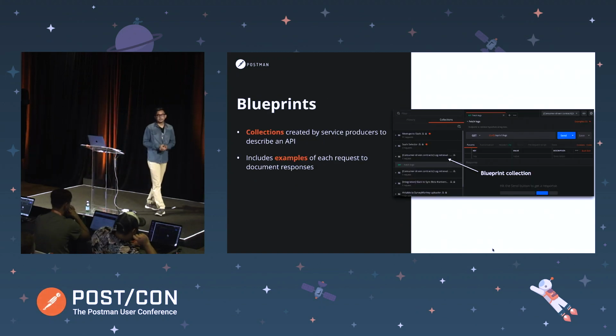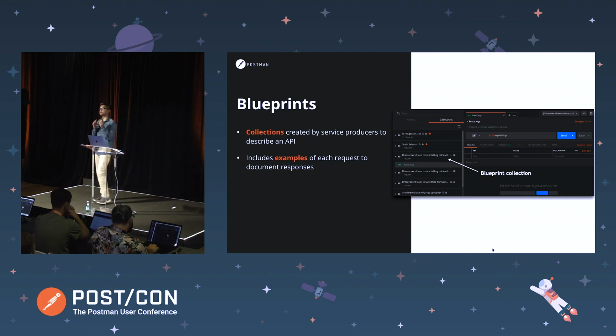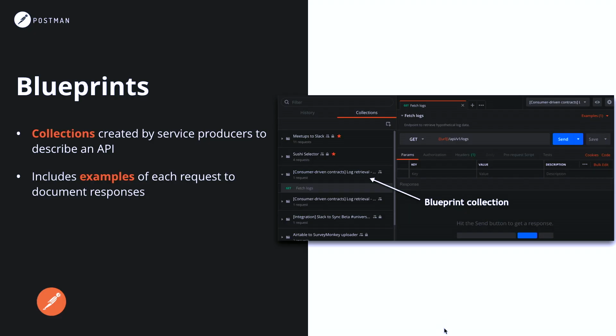Now, this is where we come to the interesting parts. So far, whatever I have shown you are entities in Postman or products that Postman provides. But then we have this concept of blueprint collections, which are just collections, but the way you structure them. So we often create, and this is part of how you do API design in Postman, these collections which act as references as well as representations of how an API is actually